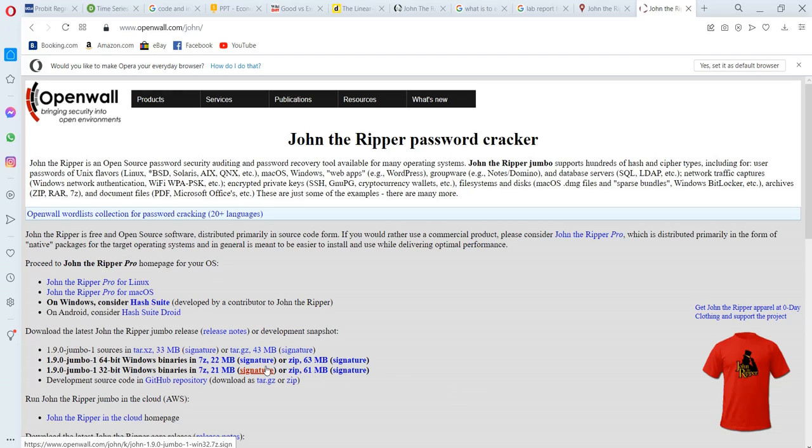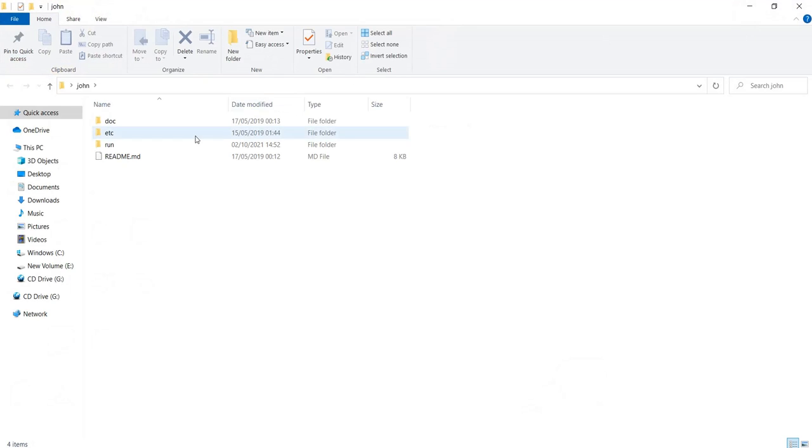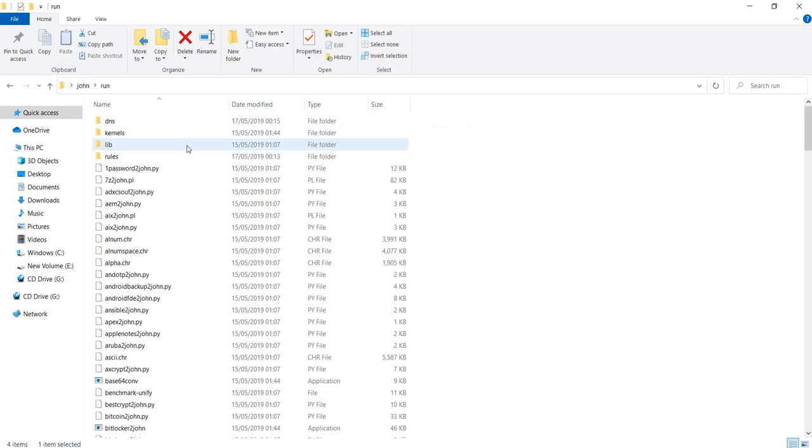I've already downloaded this one. If you click, it will start to download. Once downloaded, you are going to get this compressed file. Then you extract a folder called John, which is inside it. Inside the folder John, there are three folders: doc, etc, and run. We are going to use the folder called run